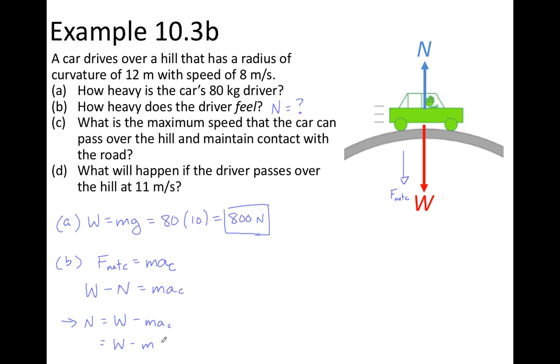The centripetal acceleration is speed squared divided by radius. And I have all of these values. The weight is 800 newtons. The mass is 80 kilograms. The speed is given as 8. Don't forget to square it. And the radius is given as 12. When you crunch the numbers, you end up getting